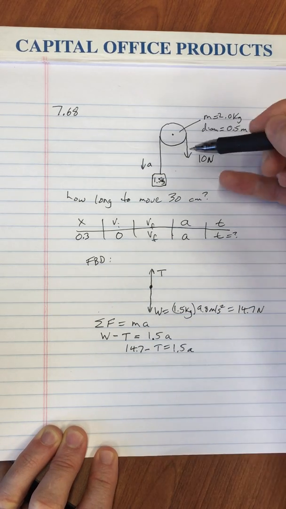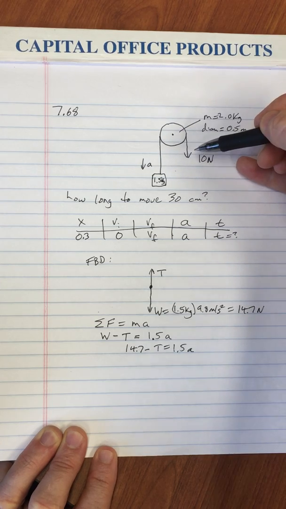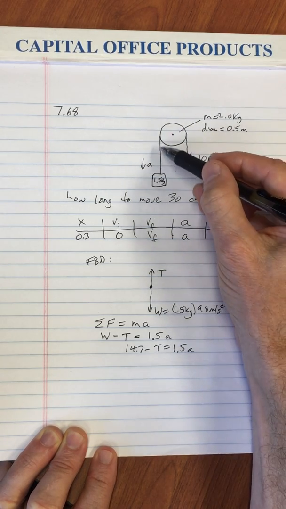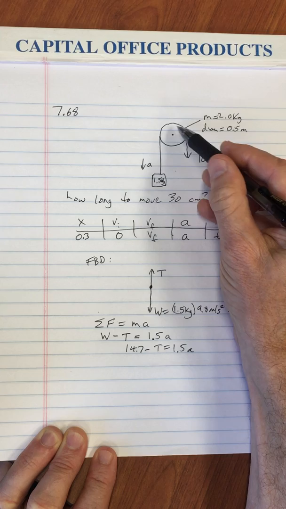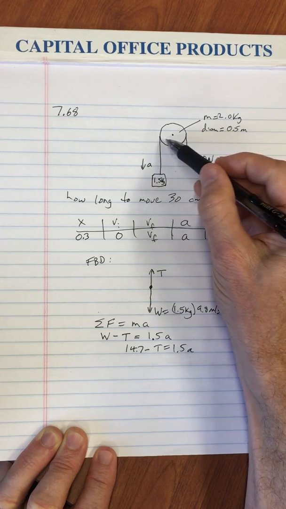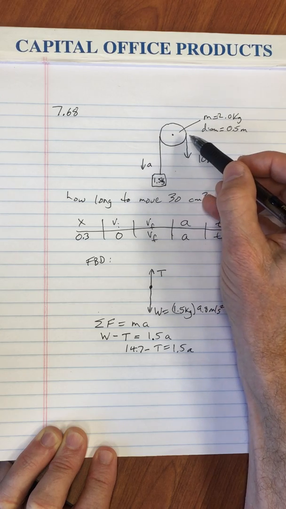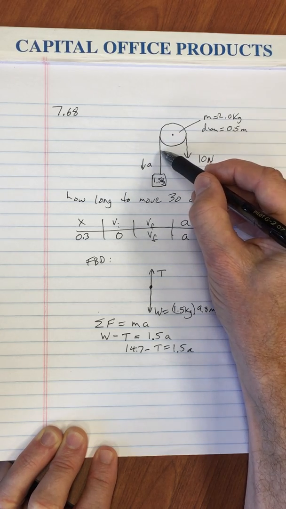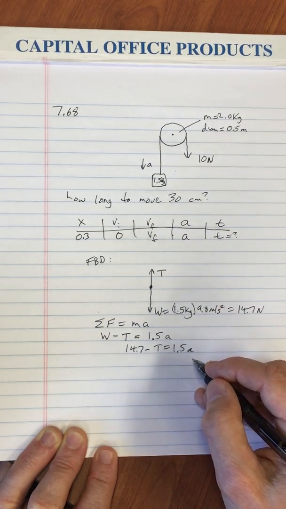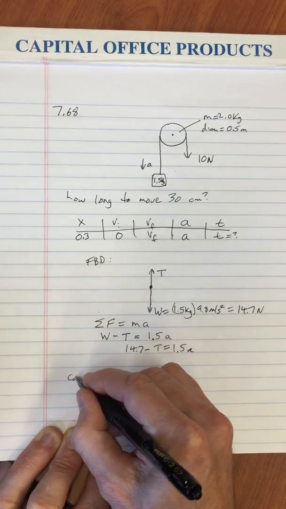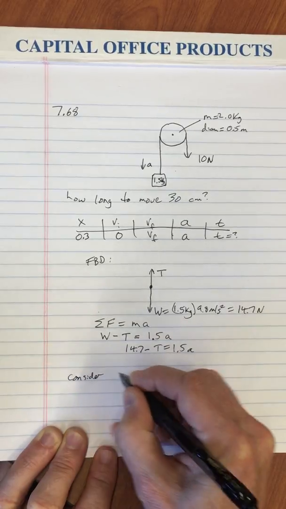You might be tempted to say, well, that's the tension in the rope, and isn't that 10 newtons? But this rope is not sliding freely over a frictionless pulley. It is attached to this wheel, and this wheel has inertia. So the tension over here on the left is not the same as the tension on the right. So now we have to consider the pulley, or the wheel,